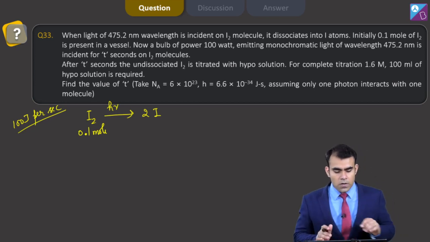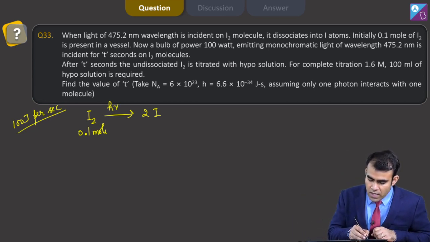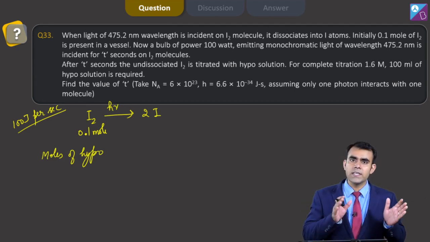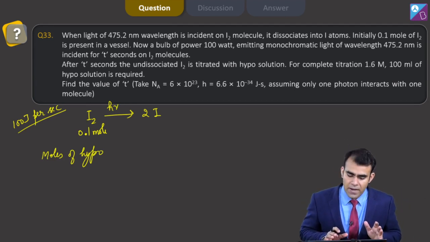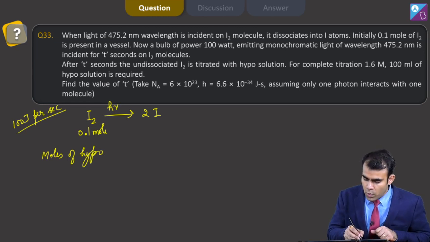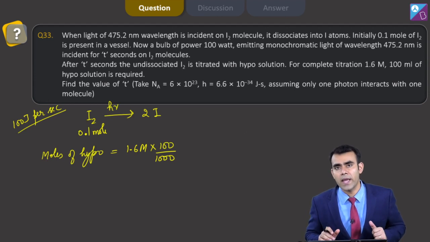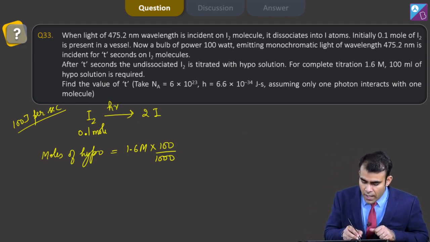Okay, so the initial moles of my hypo, now hypo is Na2S2O3, that is sodium thiosulfate. Now this hypo is 1.6 molar into 100 ml, but as I am writing moles, I have to take the volume in liter, and this becomes